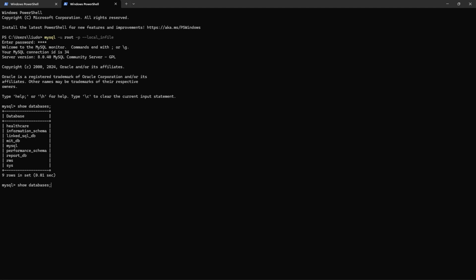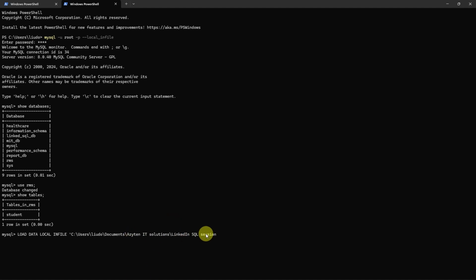Now if I say show databases, I would see the databases and so on. Now I'm going to do that load again. If I say use RMS, I have to say use RMS, and I'll say show tables, and it's going to show me the table. So I'm going to load that data again. I'll say load data local infile, then the location of my file, if I remember correctly, is here, then /students.csv